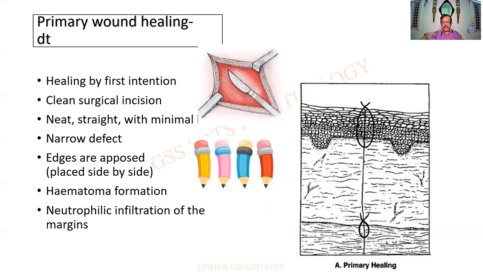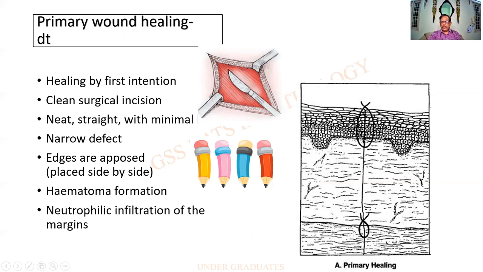Primary wound healing. This can be asked as a question by itself or can be part of wound healing. Some books call it healing by first intention. This happens in a case of a clean surgical incision. So this is a surgical incision, and I find that the margins are being pulled apart so that the surgeon has got a better field of surgery. It is clean, it is straight. Those days, the professors used to say, longer the incision, better the surgery. But now the concept is otherwise with laparoscopic surgery.